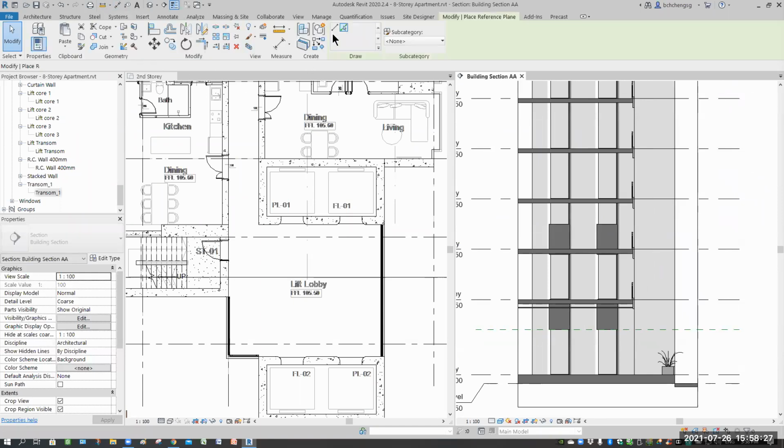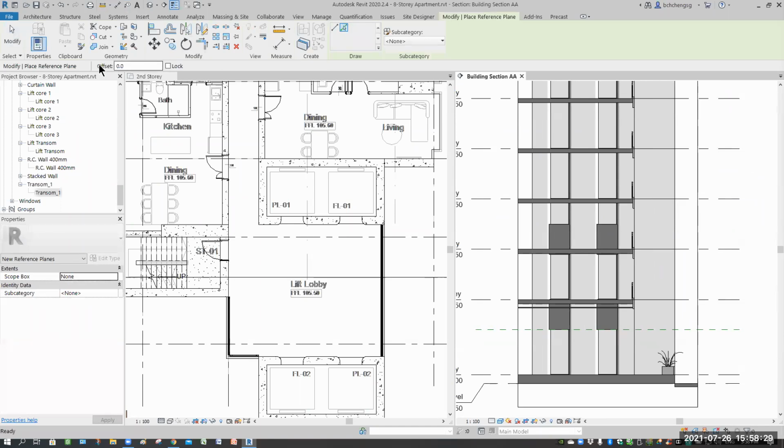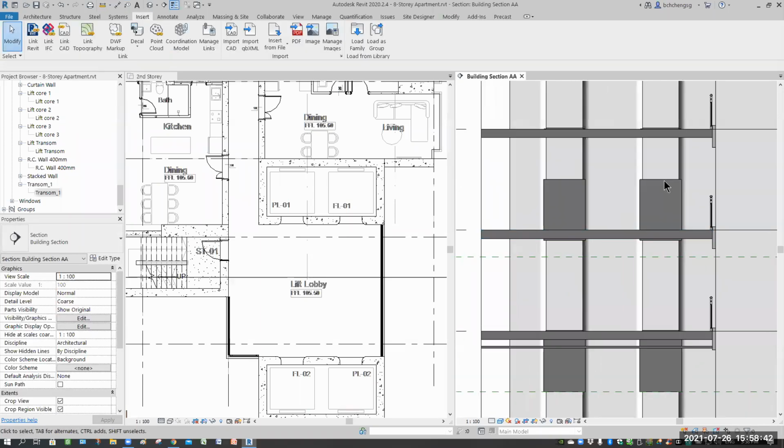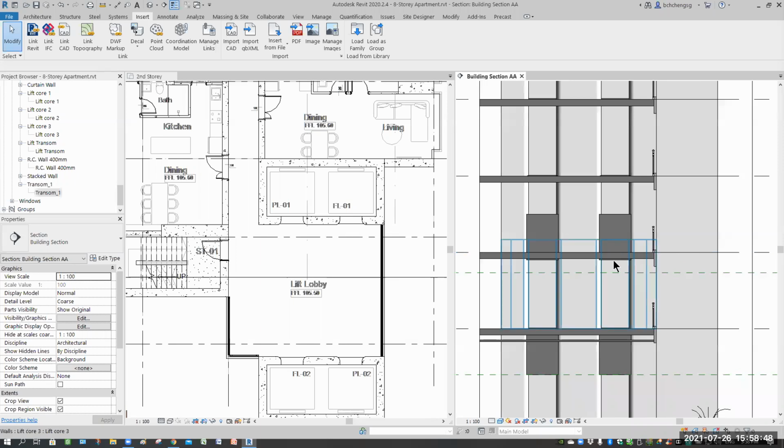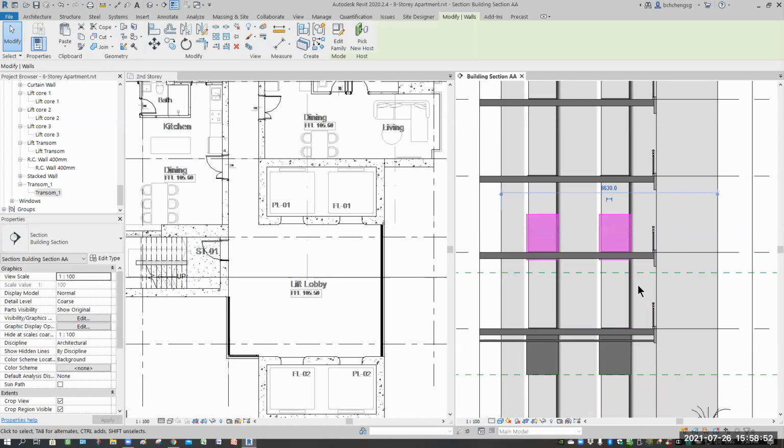RP, pick line, 2200, offset from here. Okay, so that means this piece is meant to be here. Top is supposed to stop here. Then the bottom supposed to stop here. Okay, so if I select this,